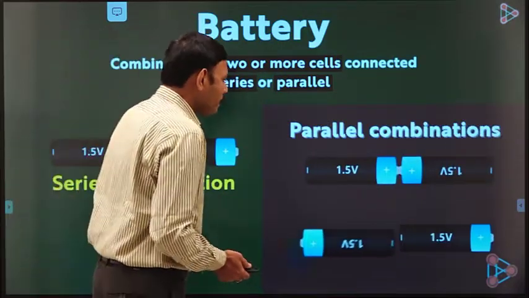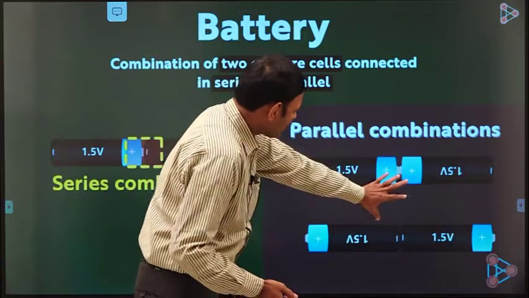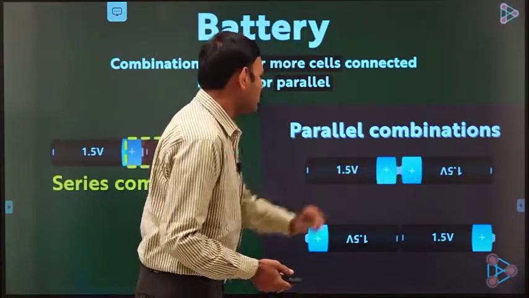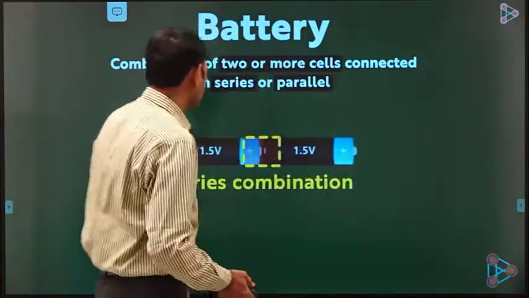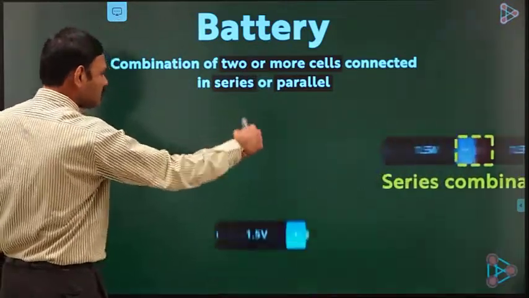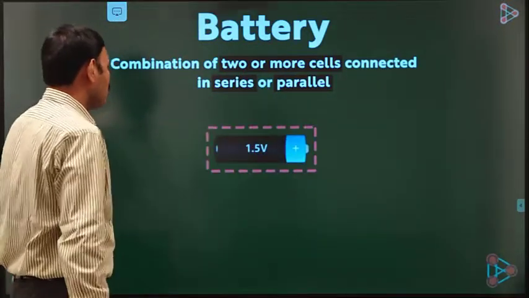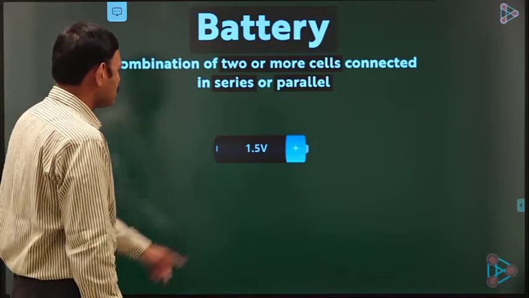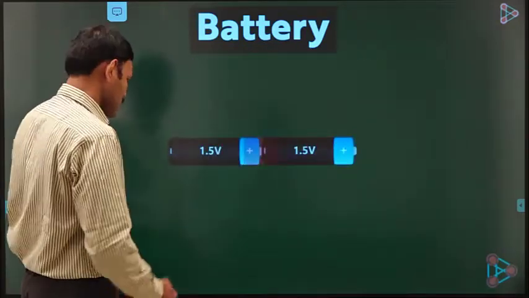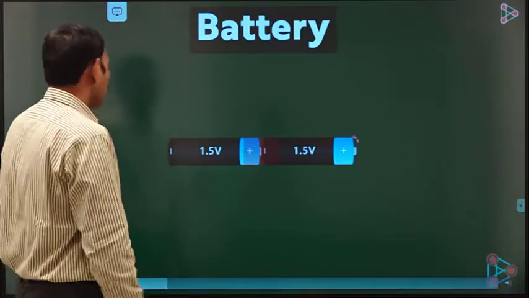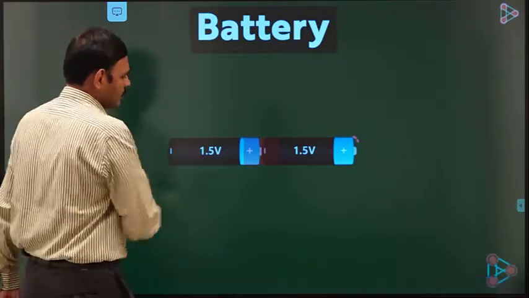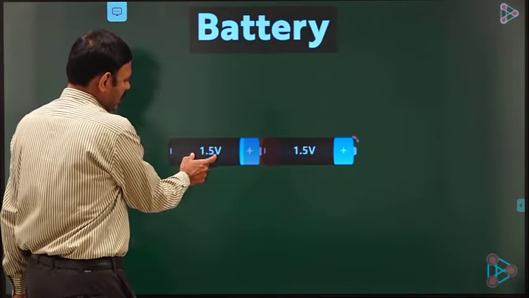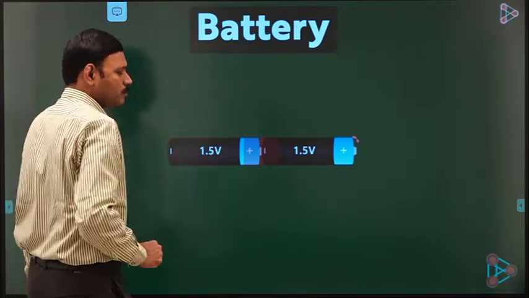So here, as is shown here, this becomes the parallel combination. All positive terminals are connected together. That was the parallel. This is the series combination of cells. Once again, look into how series combination of cells. This cell is of 1.5 volts. Here, let me stop the video and look into it. This is the first cell having 1.5 volt potential difference.